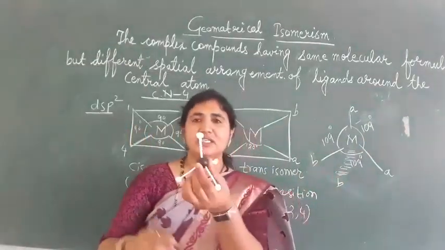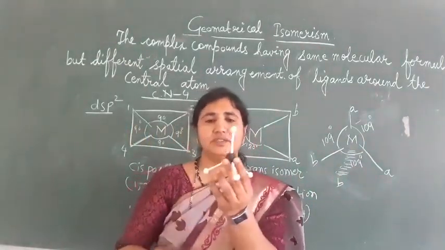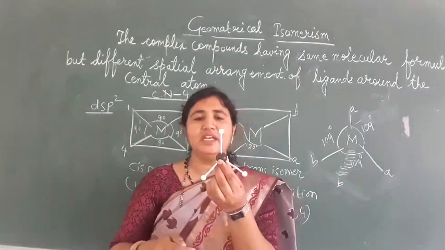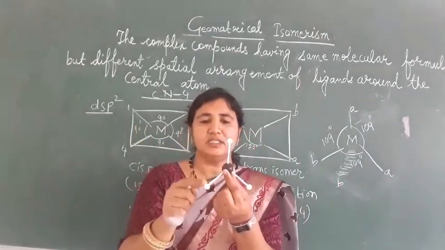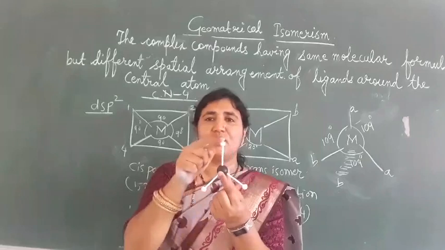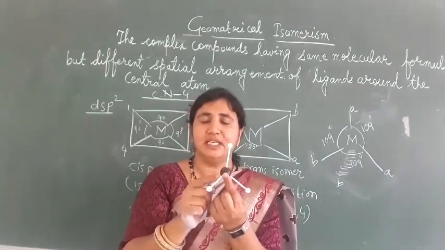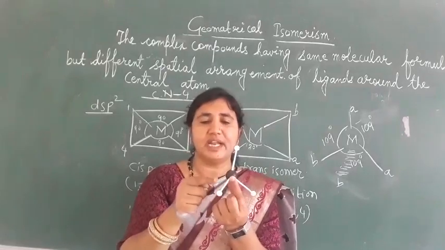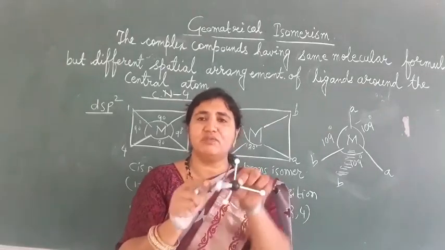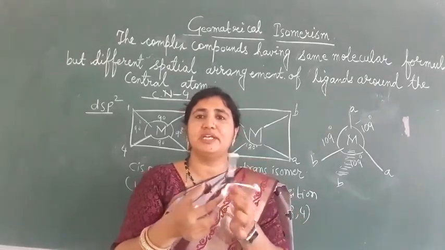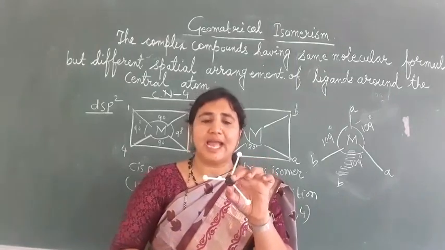So see here, this is our tetrahedral molecule. In tetrahedral, all these 4 ligands are surrounding the metal atom. Suppose this is a metal atom, the angle is equal here. This is also 109, this is also 109, this is also 109. From all sides it is okay. We have equal angles here.